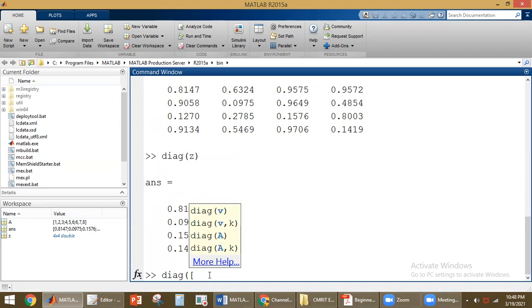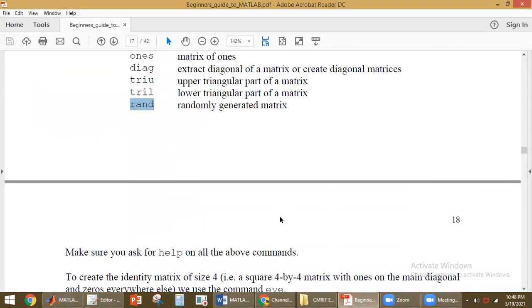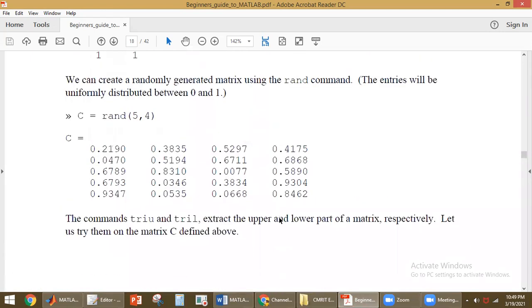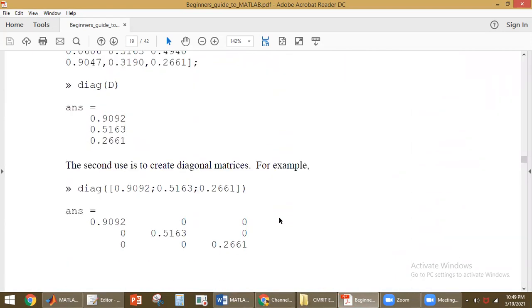Now, for example, if you want to create a matrix with the diagonal elements, we have to give the diagonal elements in the square brackets like this. After each element, we have to use a semicolon.